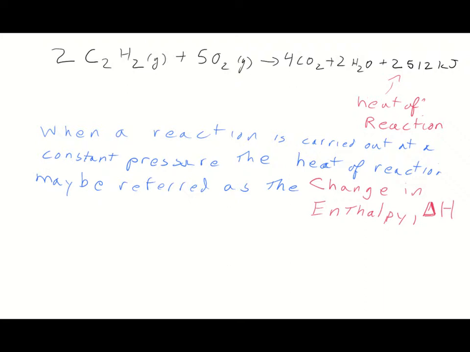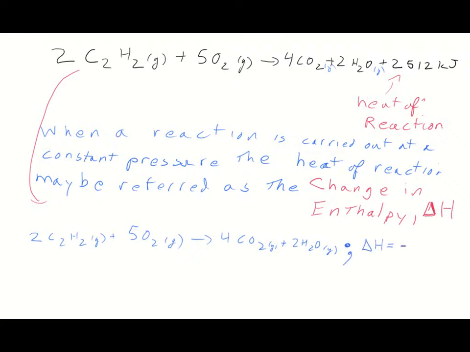When we represent a heat of reaction as a change in enthalpy, we can rewrite that chemical reaction. So I'm going to rewrite that reaction we have up here. So I've got 2C2H2 gas plus 5 oxygen gas yields 4 CO2 gas, of course, plus 2 waters gas. I should have put gas up there. Gas. Then I would write semicolon delta H negative